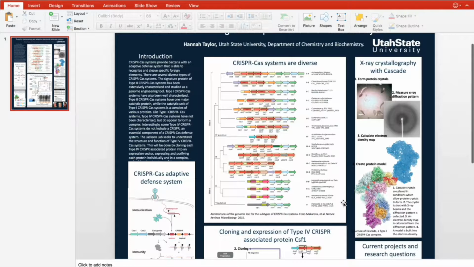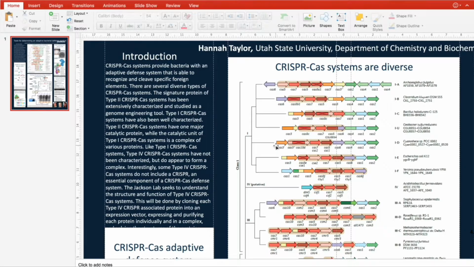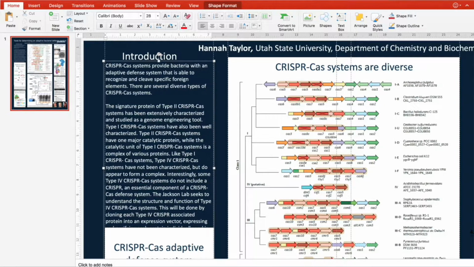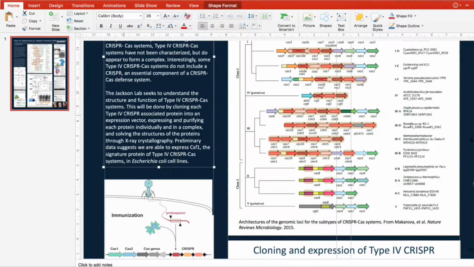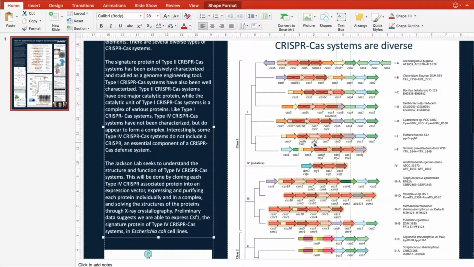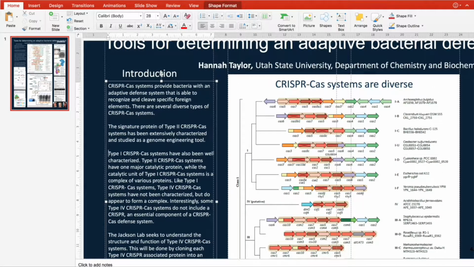Okay, now it starts to go to the tough part. We know that we've got to pull some stuff out to maintain that white space, and so I'm going through and starting to read the text on Hannah's poster, trying to reduce text length and complexity, formatting it to make it as readable as possible. So the largest group of text that we see is in the introduction. It's one long paragraph. The first thing that I did was read through and try to create much smaller paragraphs where each paragraph only includes a single idea. It makes it a lot easier to read and understand what is going on